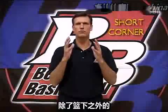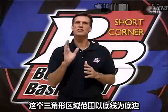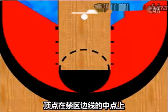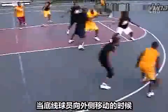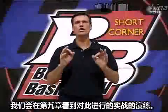One of the most vulnerable areas against the zone is the short corner. It's defined as the triangle drawn from the block to the midpoint between the lane and the arc. Work behind the zone and attack the short corner when the baseline defender goes out to the wing. We'll look at the actual